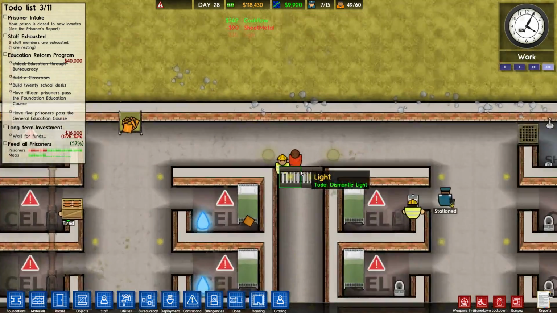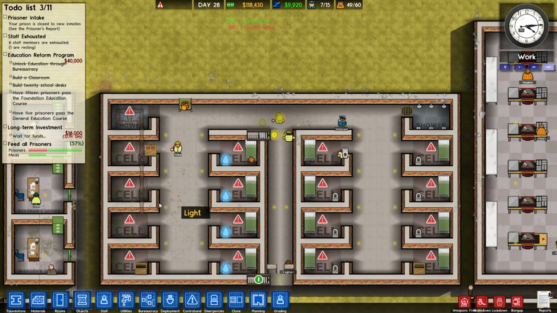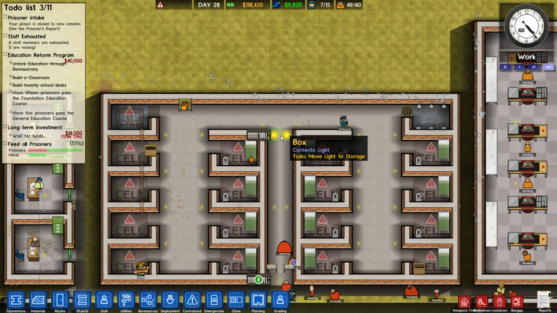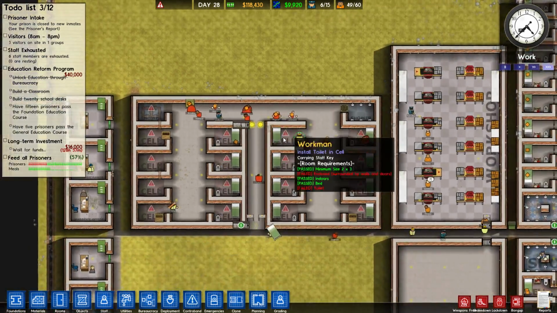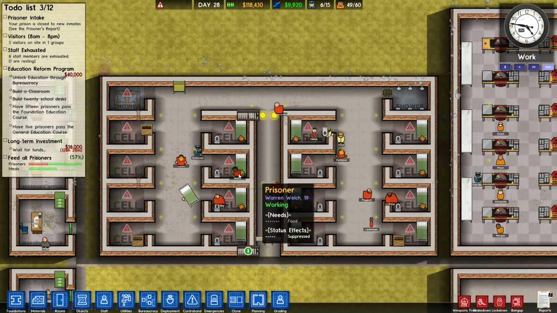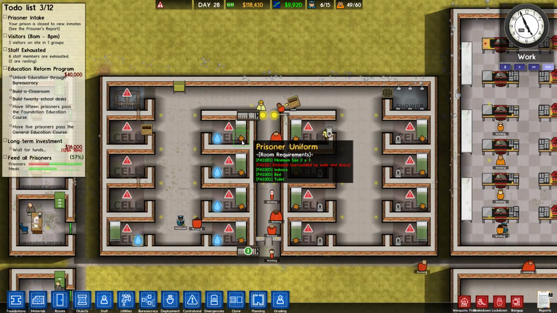Yeah, you see I can't click on the door because we're waiting for... Stop being awkward. Prison Architect. So yeah, now you can see all our maximum security laundry cleaners are going and putting all the prison uniforms